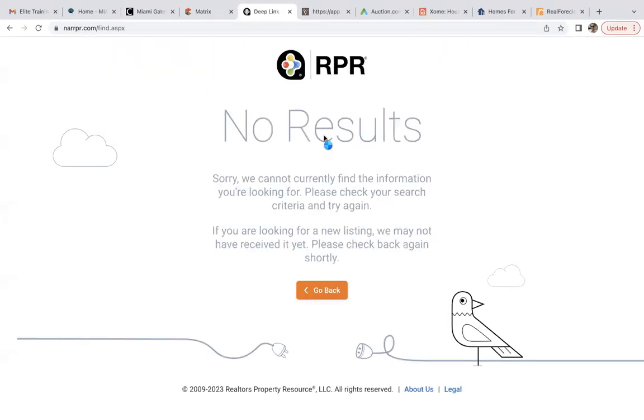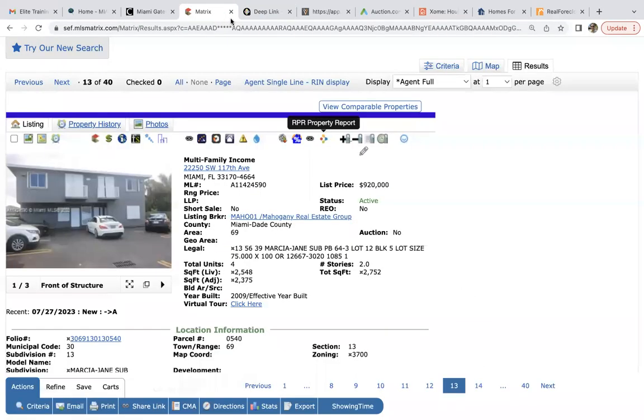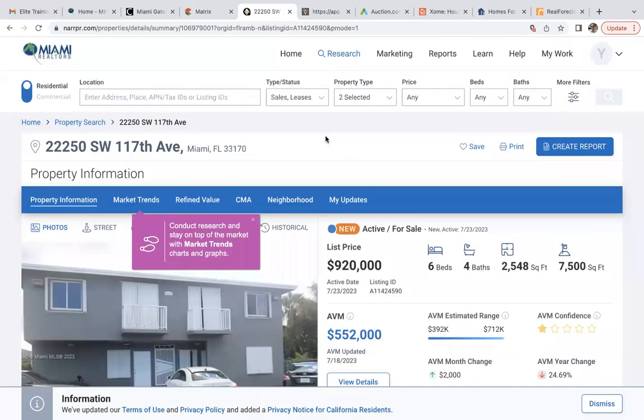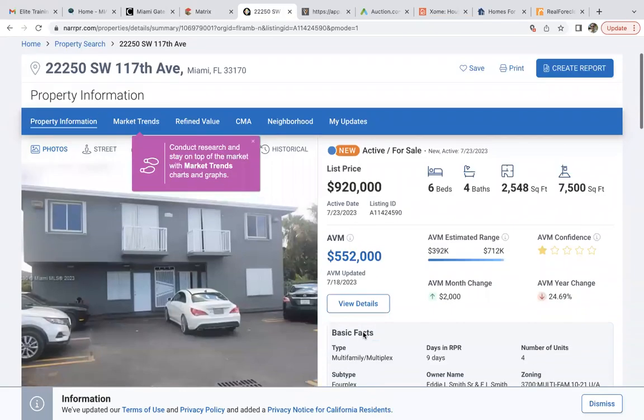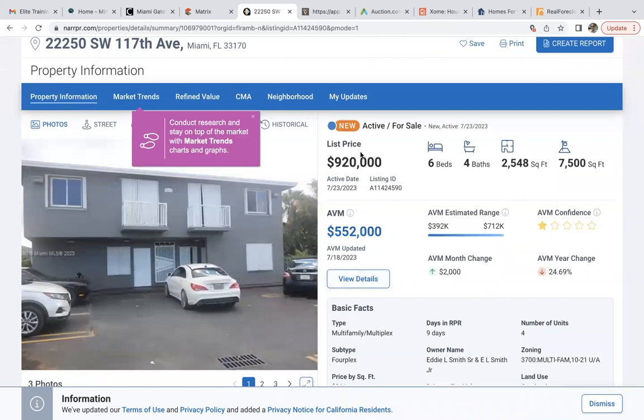It says no results. I'm sure there is a result. Let's go ahead and go back here. Let's click on RPR. And here we go. All right, so you see that there's a huge difference here on that RVM or AVM of 552 and that list price. So I definitely want to try and find some